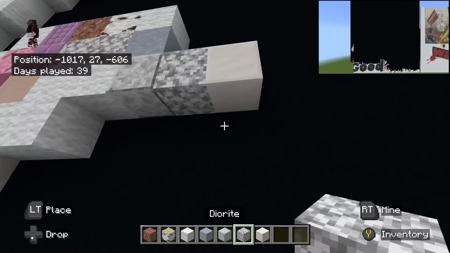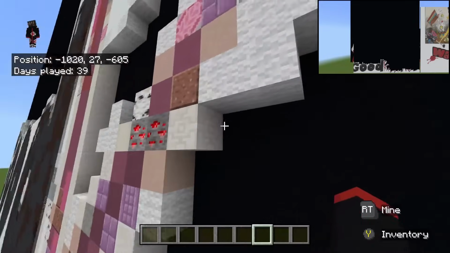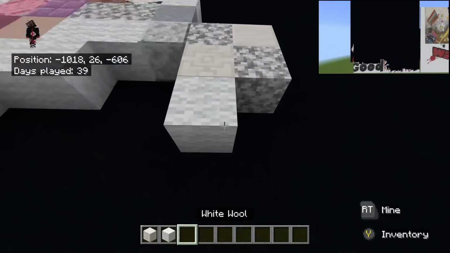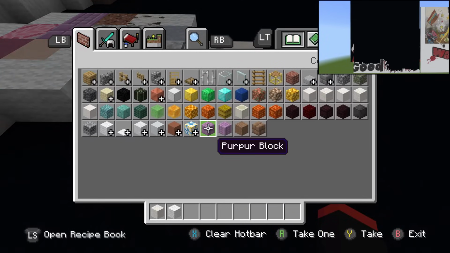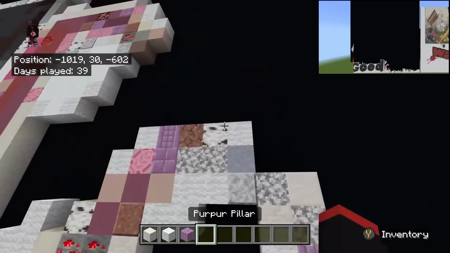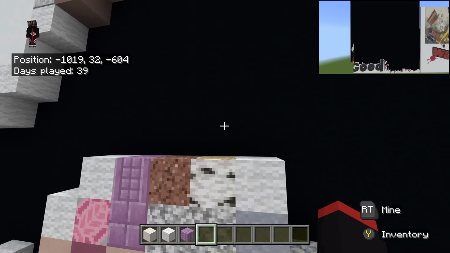Underneath the quartz block, we'll place diorite. To the left of the diorite, we'll place a chiseled quartz block. Underneath the chiseled quartz block, we'll place white wool. To the right of the white wool, we'll place a purpur pillar. Okay, then we're gonna go back up top here, and we're gonna place